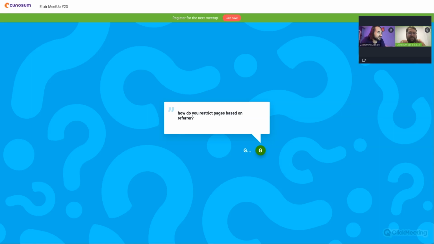How do you restrict pages based on referrer? A question from Grayson. You could probably just go with a plug, to be honest. I like to keep things simple. In the words of Terry Davis, the guy who created Temple OS, a genius admires simplicity. So as simple as you can write it, it's way easier to understand because you will go back to that code base